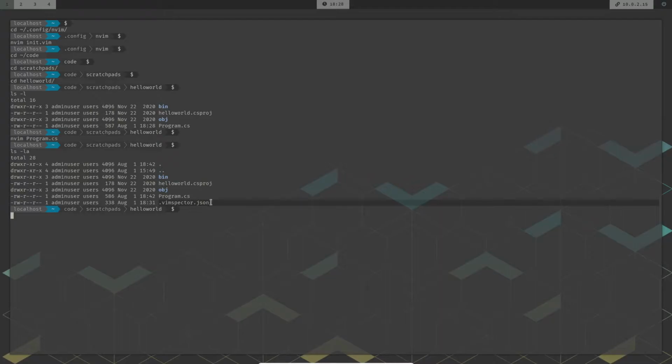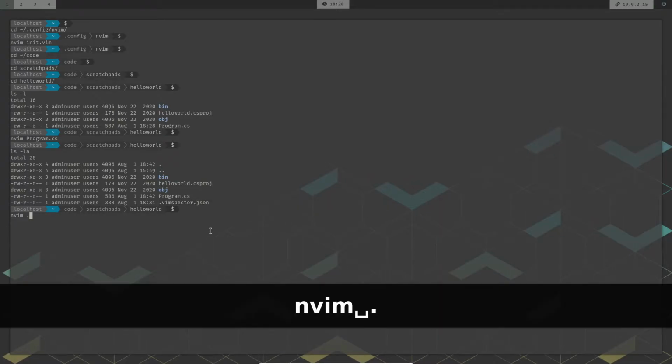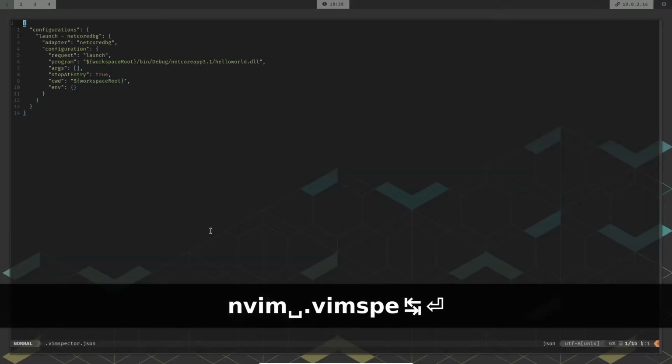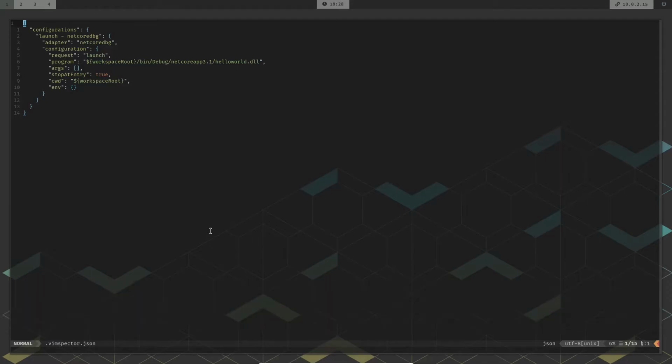That's the file I require to set up my debugging launch settings. If you take a look at this file right here, the first thing you notice is that it says I'm using netcoredbg as my launch program, and that's also my adapter. That's what I'm going to start using for debugging. The first request is going to launch the application, and the application I'm going to launch is called helloworld.dll, because that's the compiled version of the application.